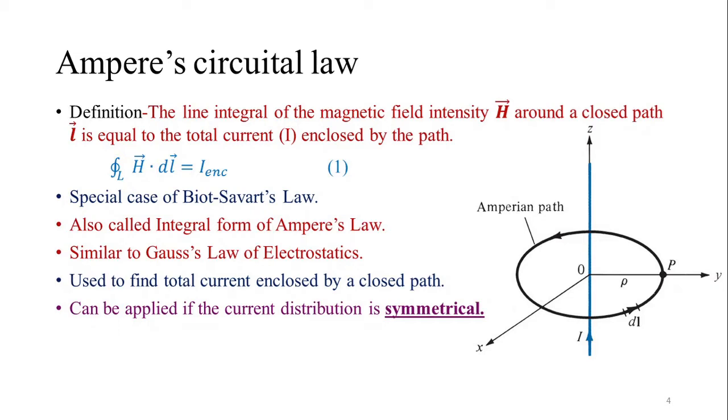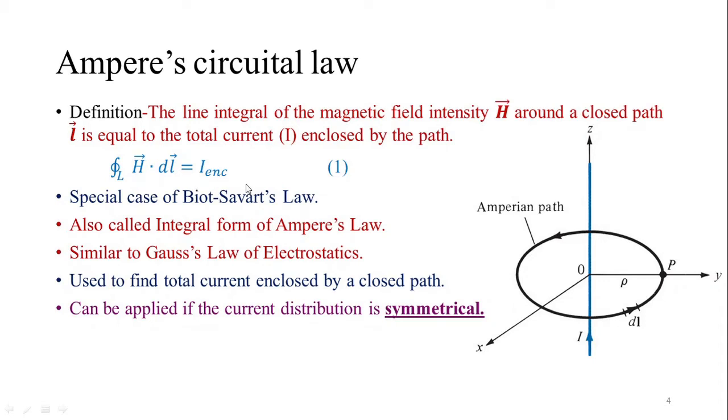Similarly, we are defining Ampere's circuital law here. The magnetic field around a closed path is equal to the total current. There the source is charge, here the source is current. There electric flux, here magnetic field density or magnetic flux. So in statement form, you can say the closed integral of H dot dl is equal to I enclosed, and